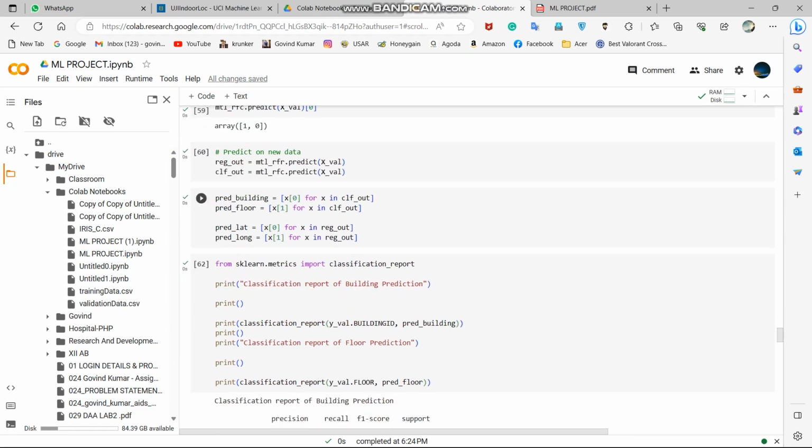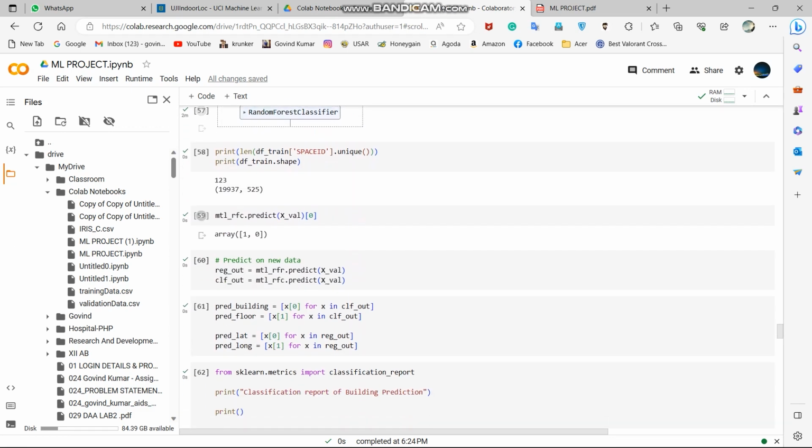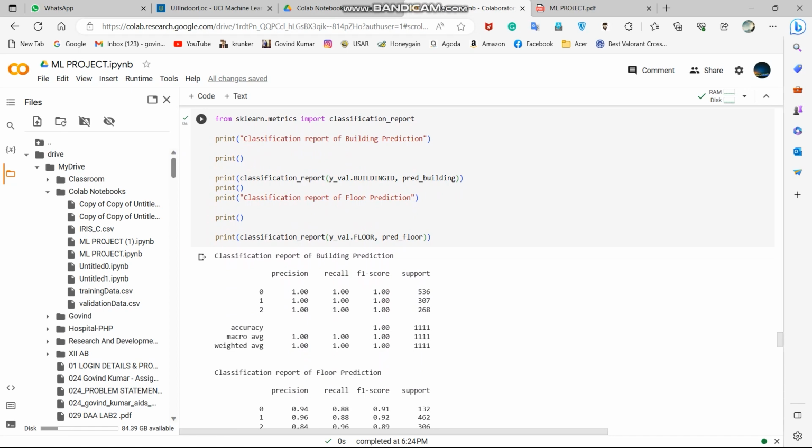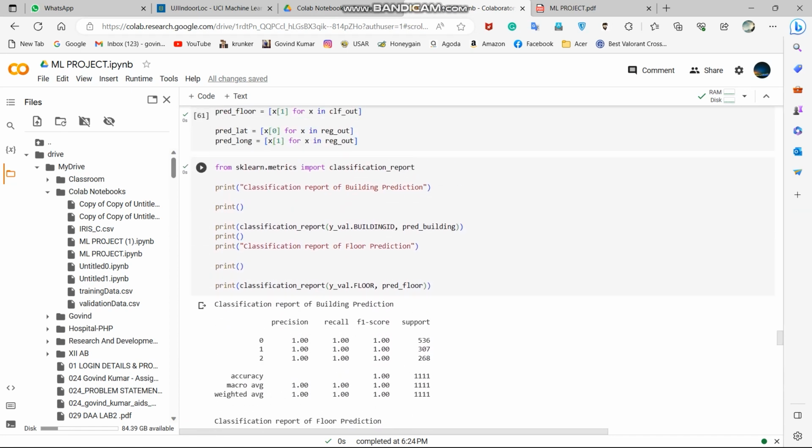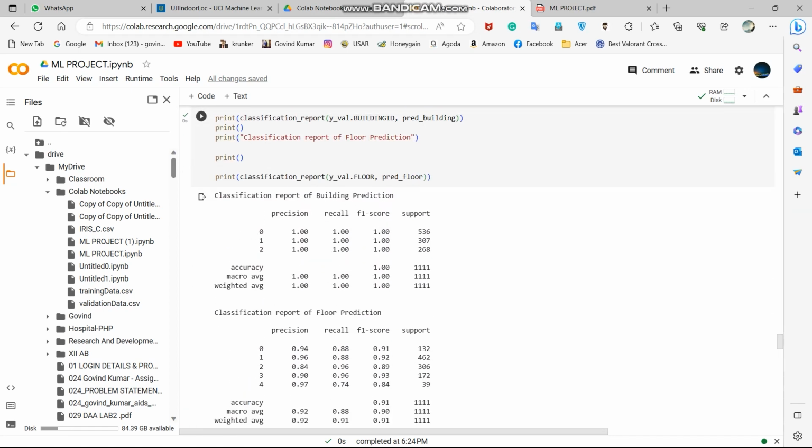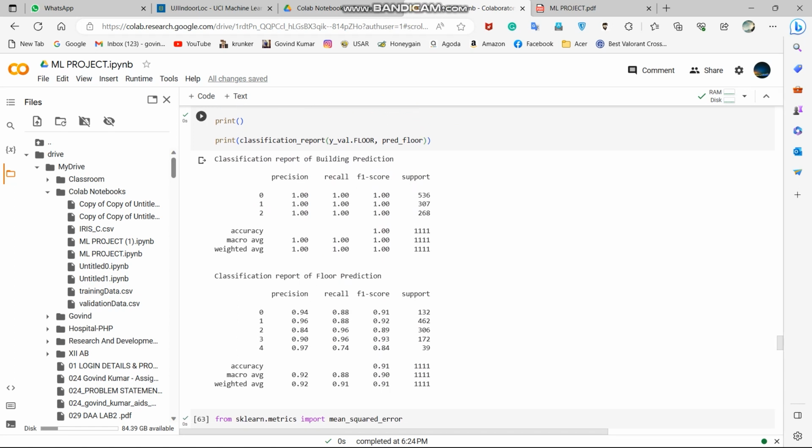After training and modeling the random forest on this data set, we found the classification reports. The classification reports of the building predictions are here. We found precision, recall, F1 score, and support. So in this random forest model on this data set, the accuracy is 0.91,